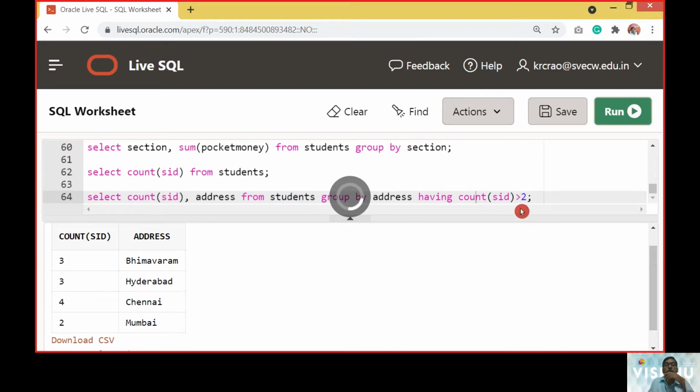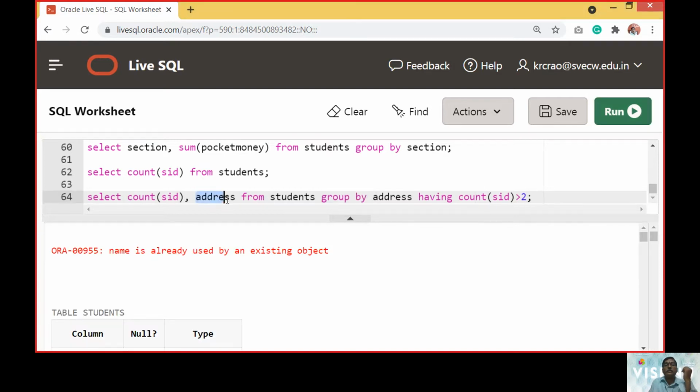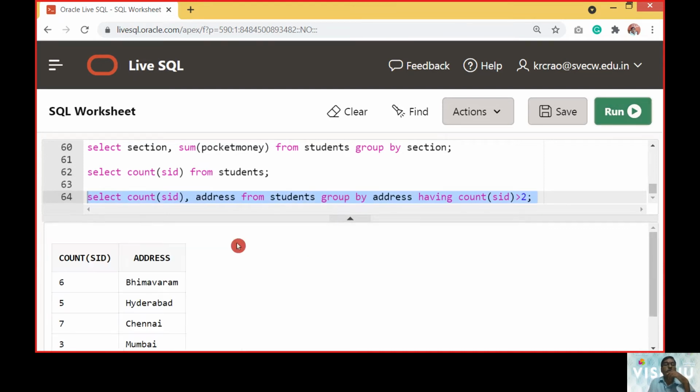So I think I made a mistake. I have to select the query. It is executing, we'll pause for a minute here. So count of SID followed by addresses, with Bhimavaram, etc. Now we will execute the values here.